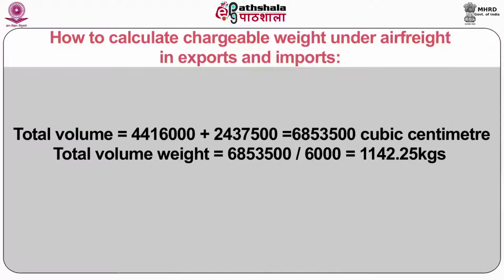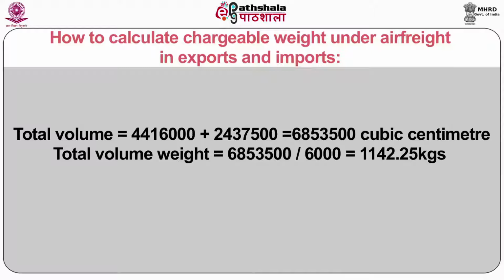Total volume equal to 4416000 plus 2437500 equal to 6853500 cubic centimeter. Total volume weight equal to 6853500 divided by 6000 equals to 1142.25